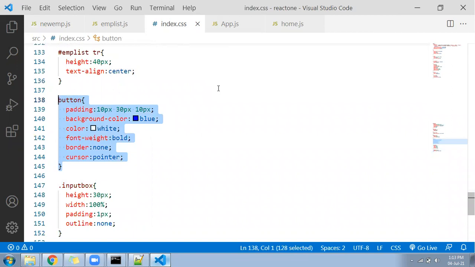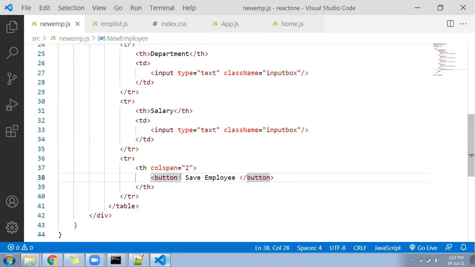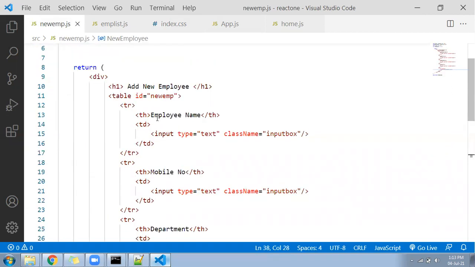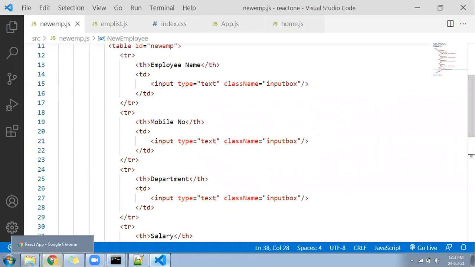It will be helpful for you. It will change the look and feel of your button. And anyhow, design is your requirement. Functionality has to be designed. You can write from your side. So this is the button CSS you can add. Now I have done with the HTML code. Let me see in the browser what output I am getting.